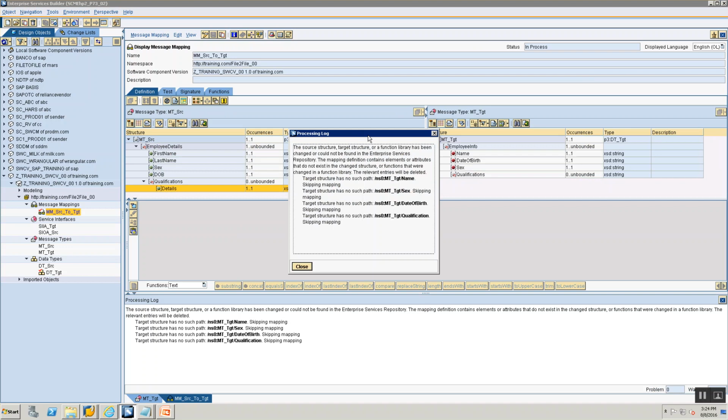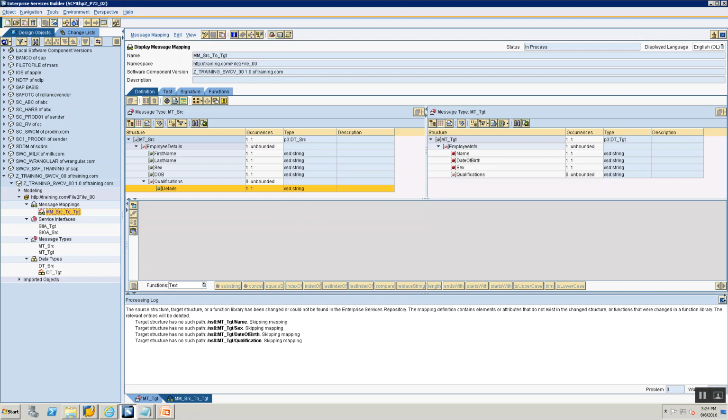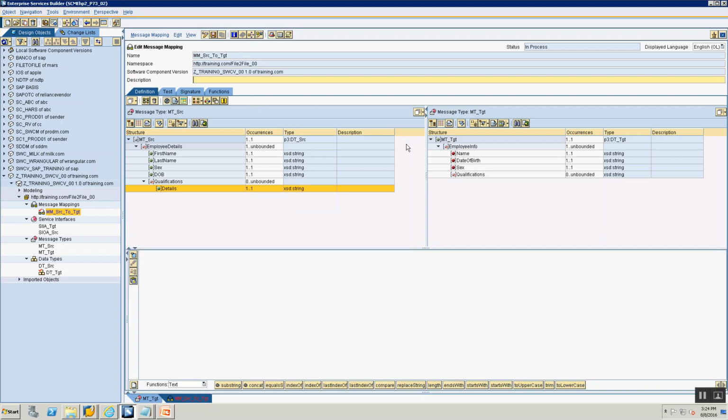What has happened? Exactly, now the mapping has vanished because of a change in the structure, right? So now I'll redo the mapping. Okay,